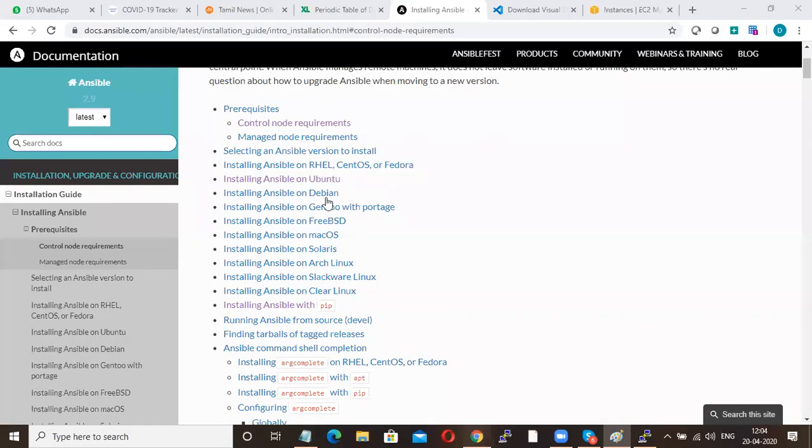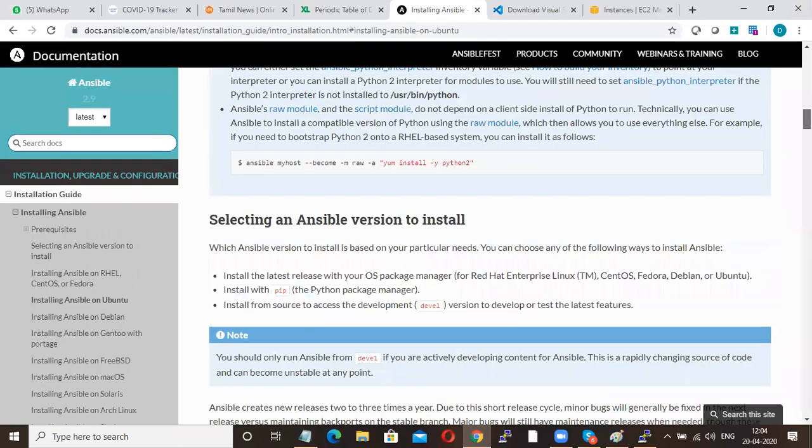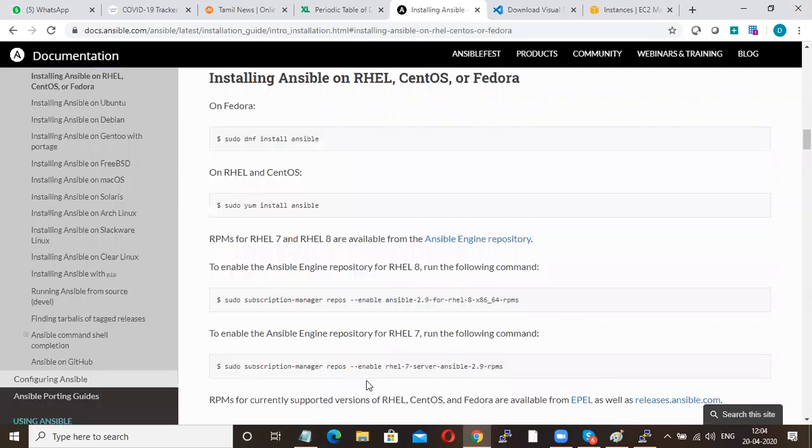So how do you install Ansible on Ubuntu? If you go to Ubuntu here and run this command, you are done. Everything is there in docs.ansible.com. Suppose you want Ansible on Red Hat, just go here and run this command. Your installation on Red Hat will be done. Okay.